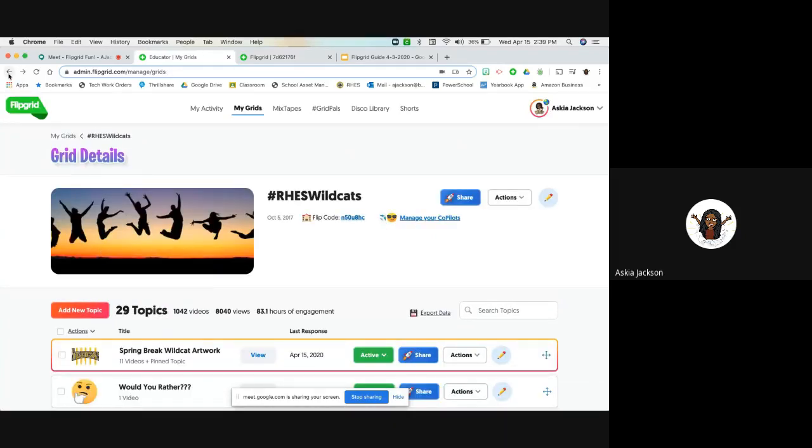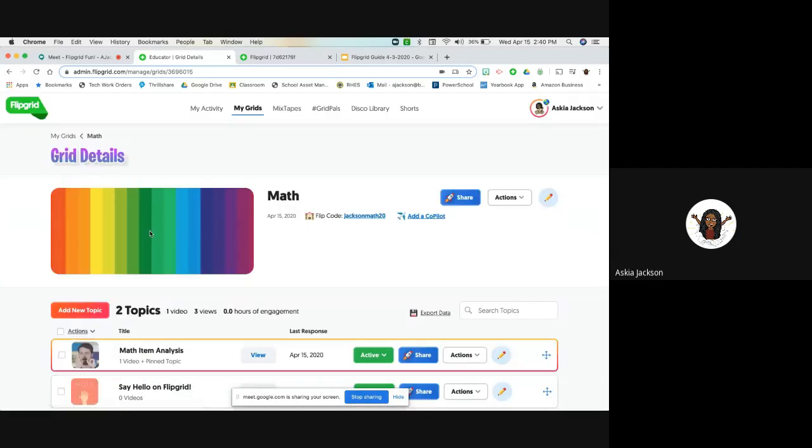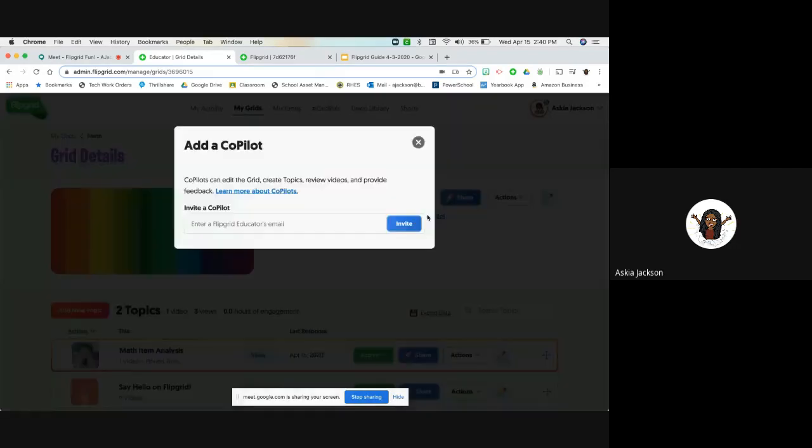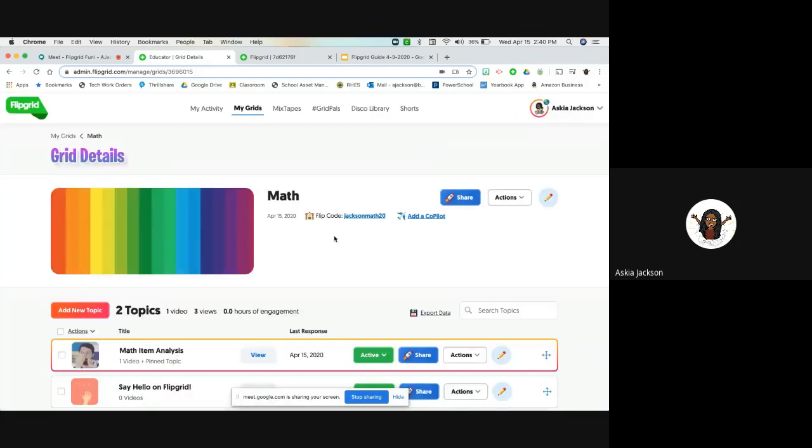So let me go back to my math grid. I can go right here to add a co-pilot. If I add a co-pilot, I can type in the teacher's email address that I want to help me manage this grid or this topic. They'll get an email with an invitation, and when they accept the invitation, then they will have the same rights that I have as a teacher. So they can help moderate, they can add and delete, they can leave comments, they can do everything that the teacher can do as a co-pilot,